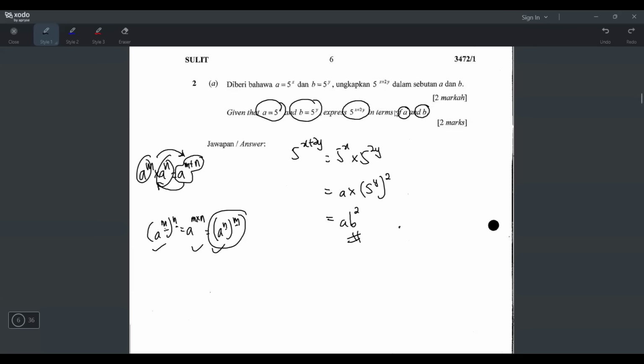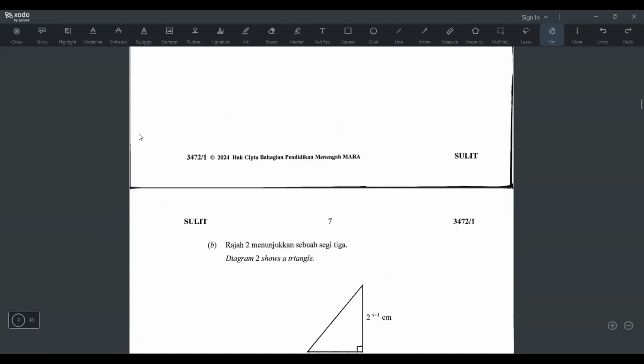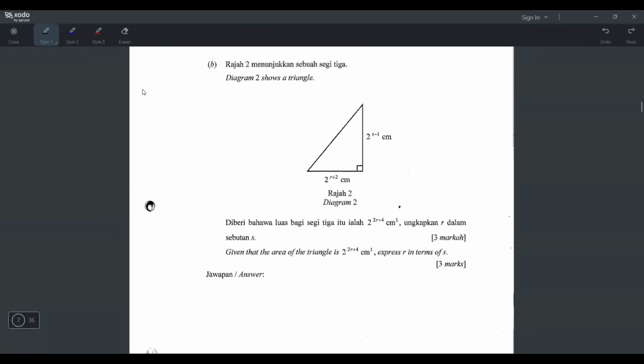Okay, I have successfully written it in terms of a and b. So this is the answer. Okay, done. Okay, let's do B. Diagram 2 shows a triangle. Okay, I can see. Given that the area of the triangle is 2 power 2r plus 4 cm square, express r